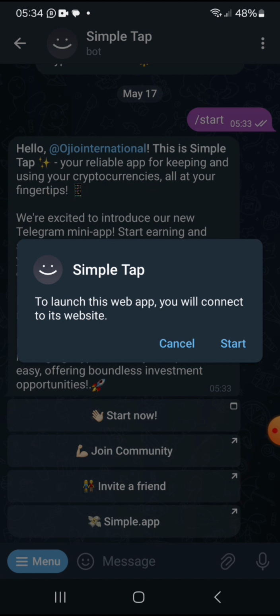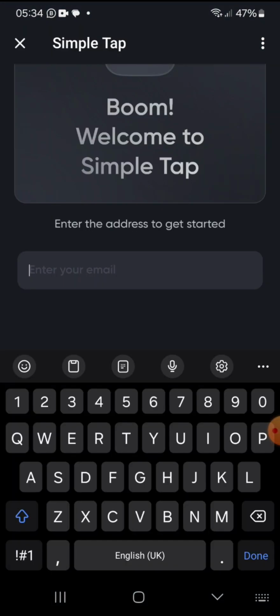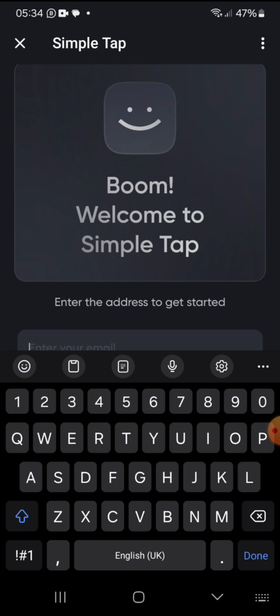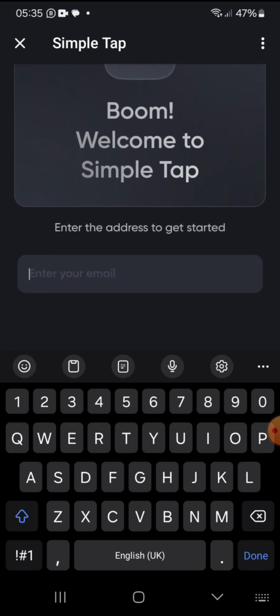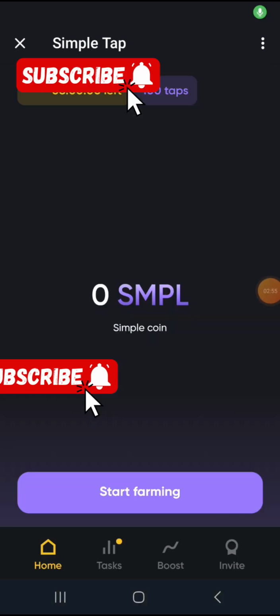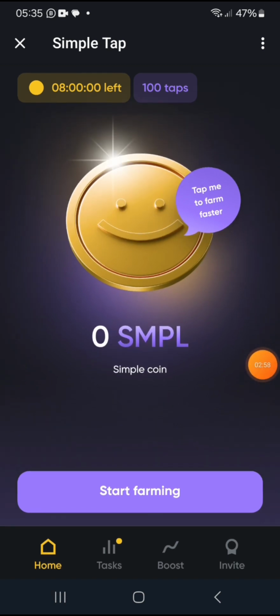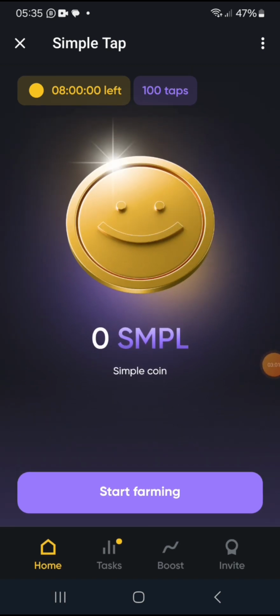So we click start now. To launch this web app, you will connect with a website. Okay, click start. We are right here. When we click the first start, it brought us here. All we just need to do is input your email address right here. After you've done that, you click continue. Voila, you are right here. So you click start farming,